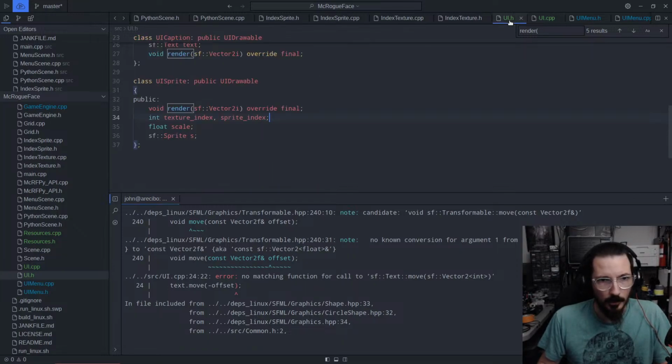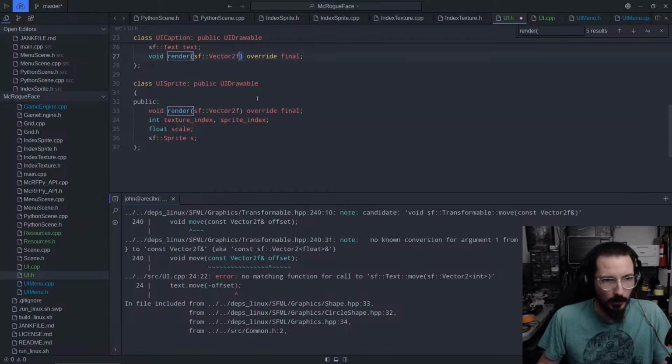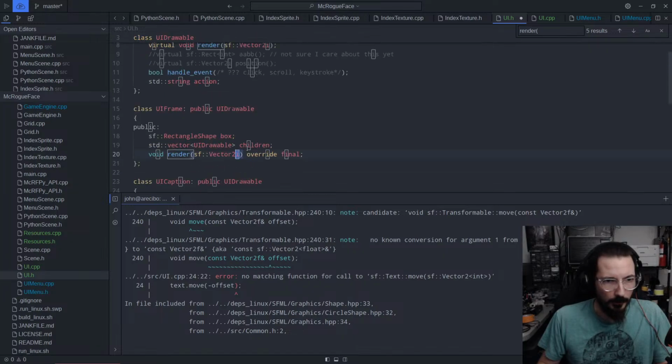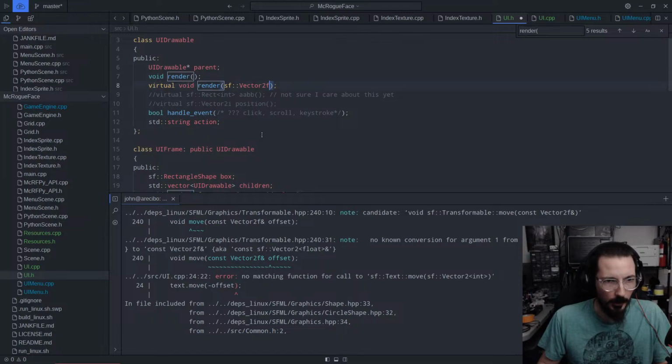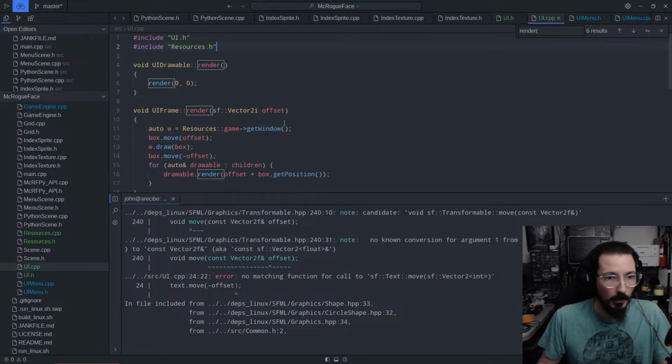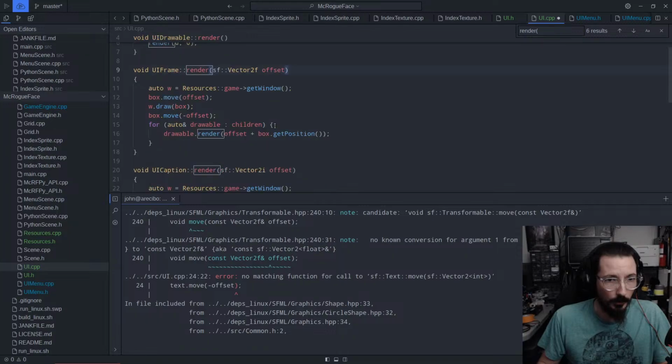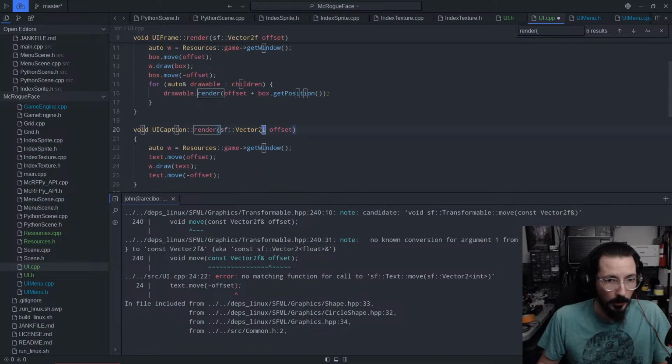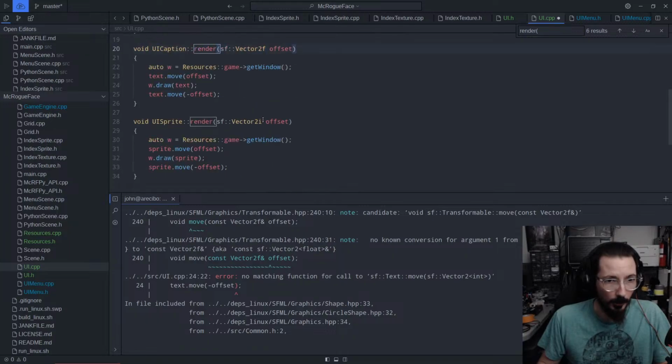Maybe I should. It won't do it automatically because that loses precision, right? So let's call it vector to f. I'm not a fan of floats. I think a pixel should be an integer, but regardless, we are going to endure that. I wonder if it's going to tell me that